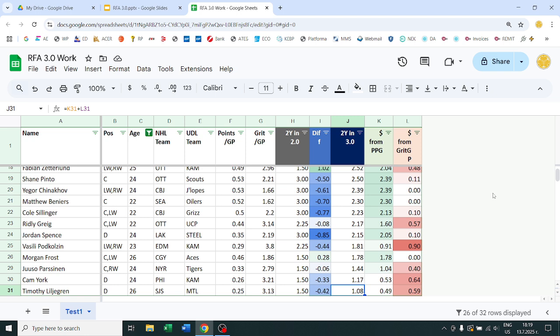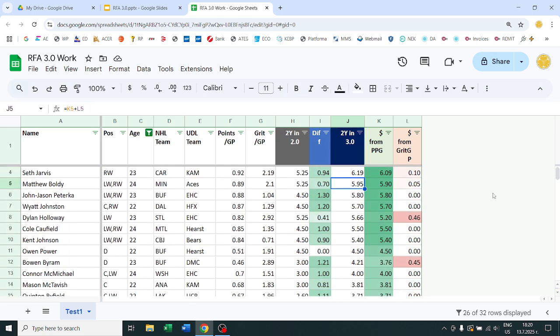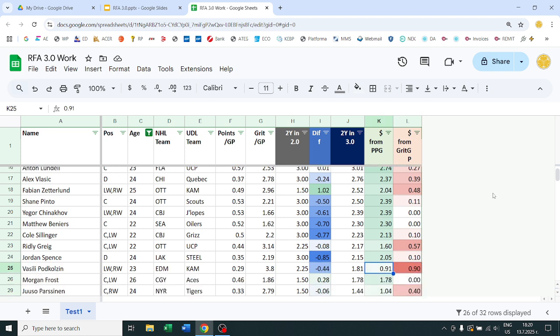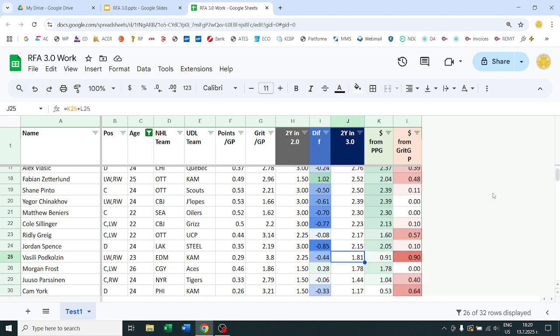I think it still helps us to potentially retain some of those, like I said, fringe players, while also I think it's more fair that the better players are valued higher. And you can see here, for example, Podkolzin is a guy whose salary is a result of 50-50 contribution between his scoring, which is not great, and his grid stats, which are pretty good. So he will be valued slightly lower than the current model,